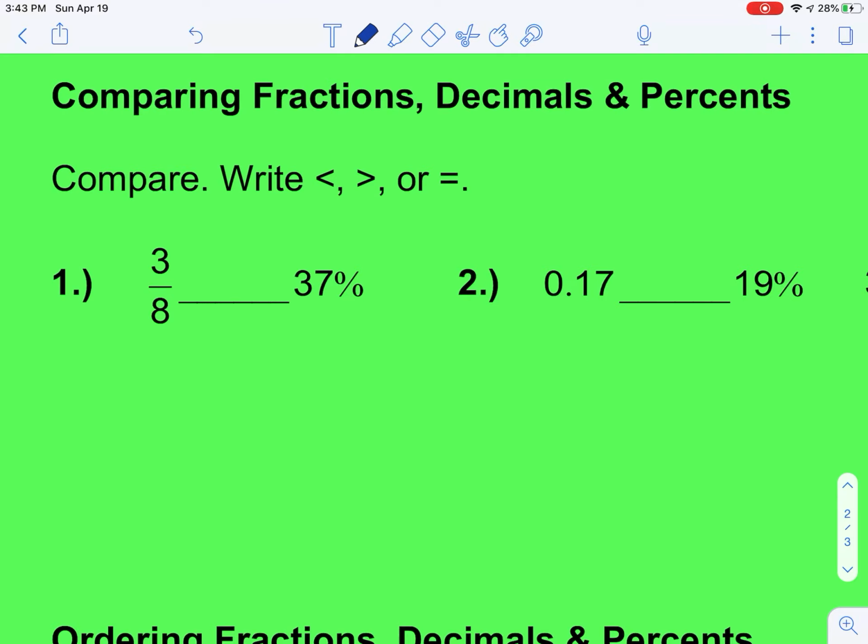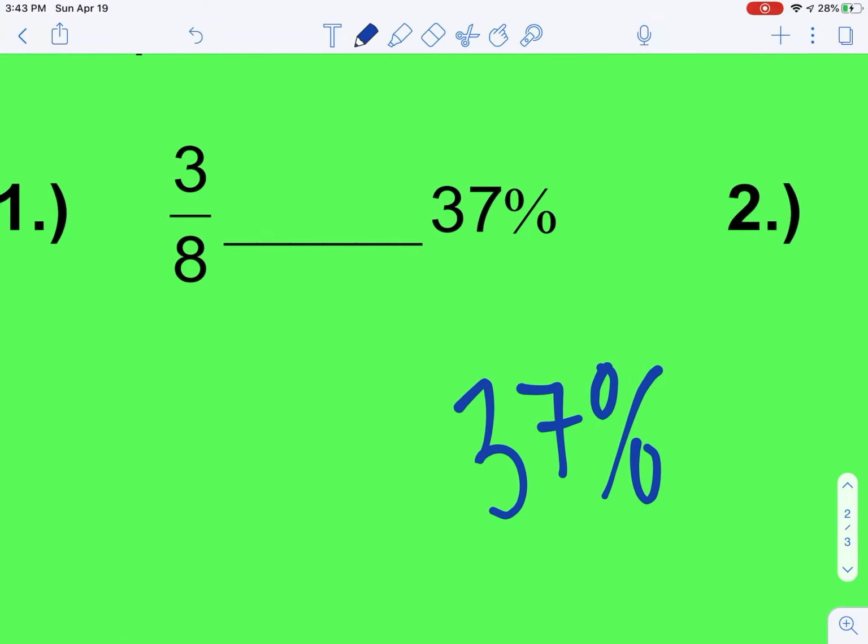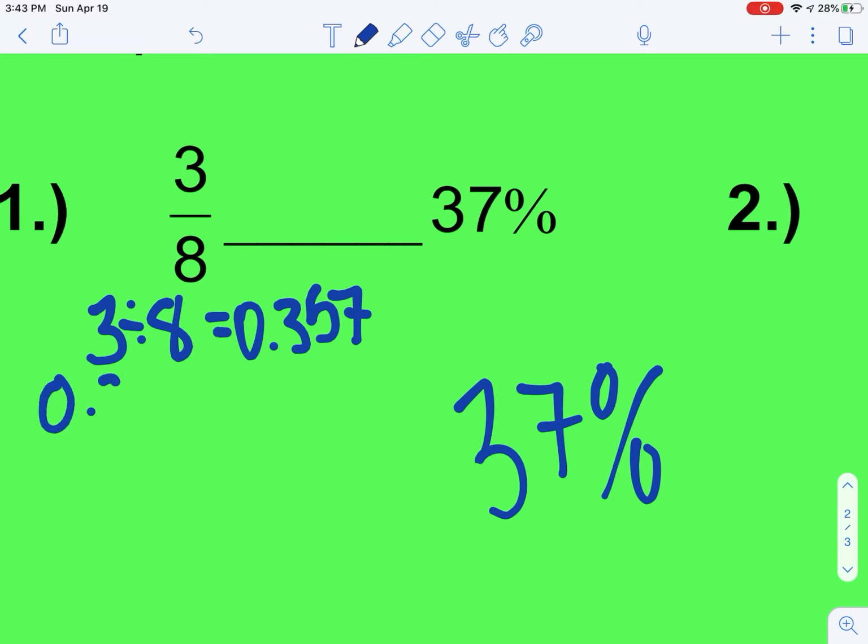So since I already have 37% written out, I'm not going to worry about that one. I'm going to change 3/8 into a percent. So the first thing I'm going to do is divide. 3 divided by 8 is 0.375. And then I'm going to take my 0.375 and times that by 100, because that's how I turn a decimal into a percent. And I get